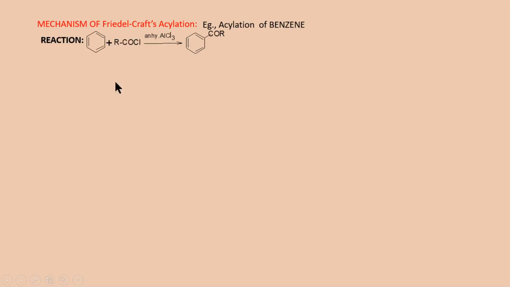Now when we consider the reaction, benzene reacts with acyl chloride in the presence of anhydrous aluminum chloride to give acyl benzene. So RCO plus. So C is only carrying positive charge, so that only should be attached to the benzene ring. R should not be attached. Since carbon is carrying positive charge, only carbon should be attached to the benzene ring.